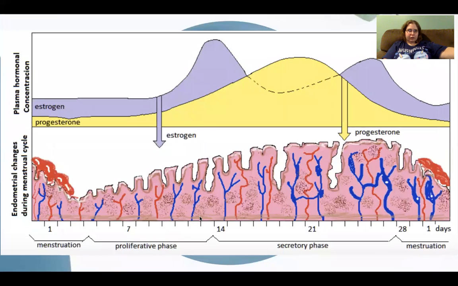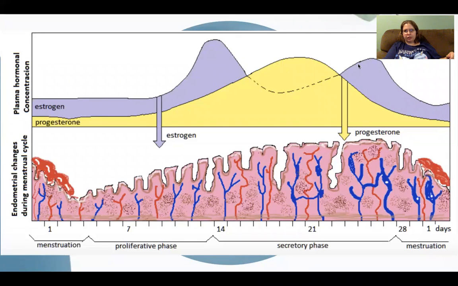All right, so this is just kind of showing you what's going on. So we begin day 1, low levels of estrogen and progesterone. The blood is just simply the shedding of the endometrium. So the uterine lining ends up pretty thin. We start to increase progesterone and estrogen, and you'll notice that first we just build the base layer, and then as these levels increase, it gets thicker and thicker